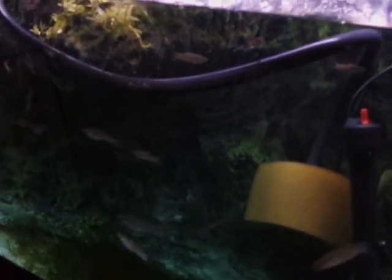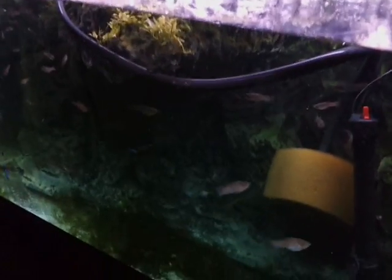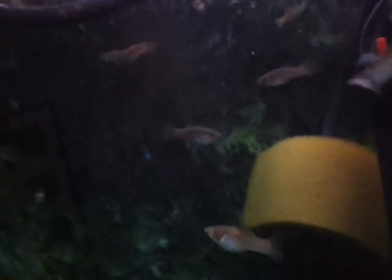So here we are at my 55-gallon fish tank, and as you can see, the molly fry are starting to take over the tank. There were originally only 2 female breeders in here, and now there are dozens of fry and juvenile fish, newborns. You know, there's several generations in here, and